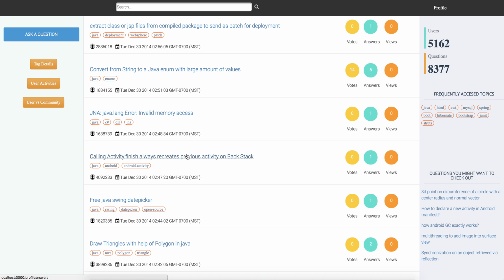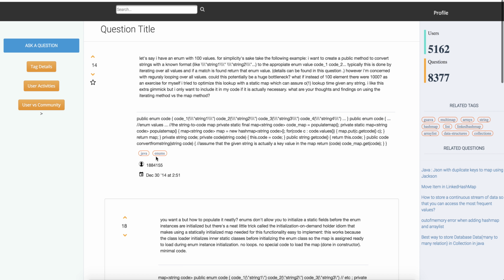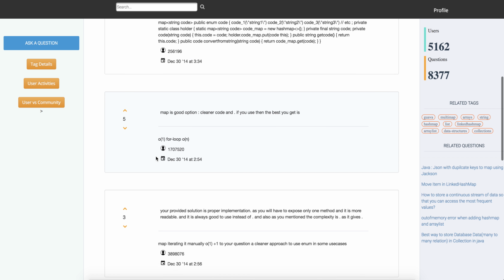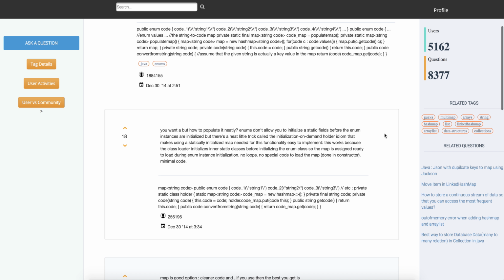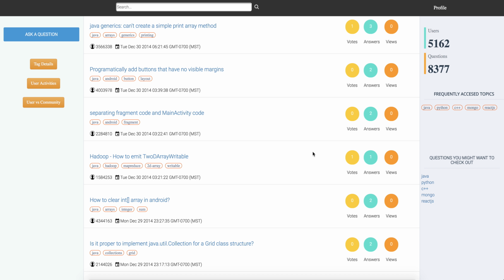And finally, if he clicks a question, he can read the answers that have already been given, and he can submit his answer by scrolling down. I would also like to talk about the related tags on the right. He could click any related tag, and that would take him to a page which would give a list of topics that he wants to read about. So he can use the system to give out his answers and also read a lot more. And finally, coming back to the visualizations,